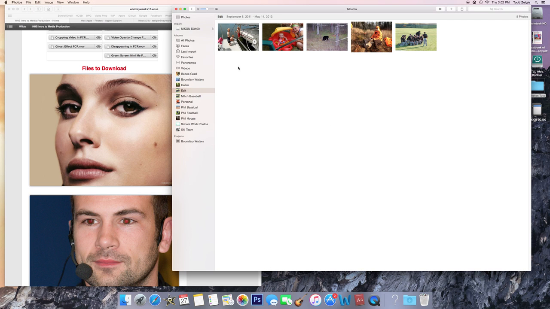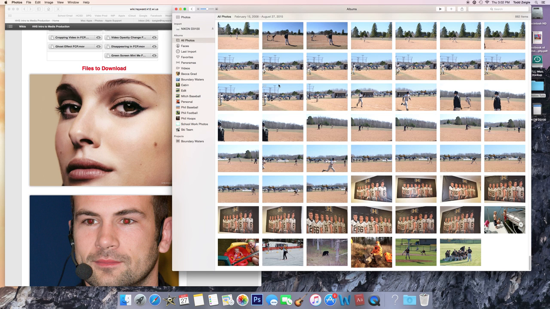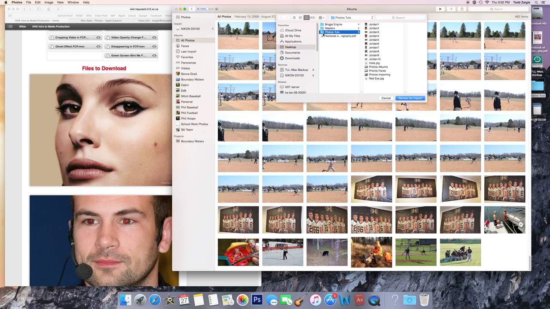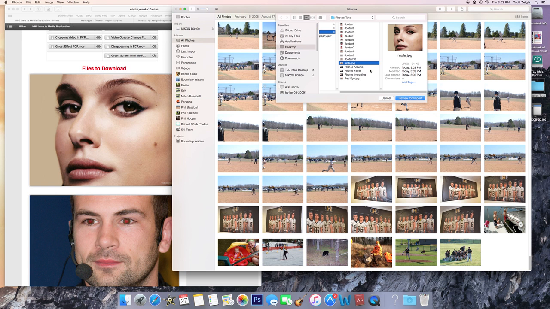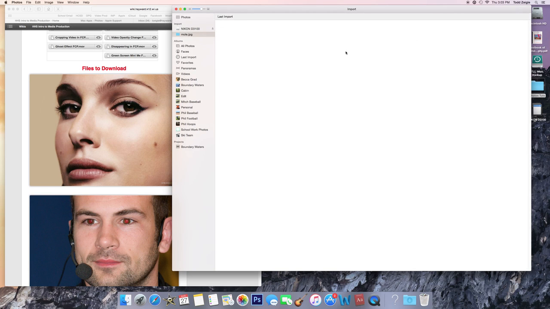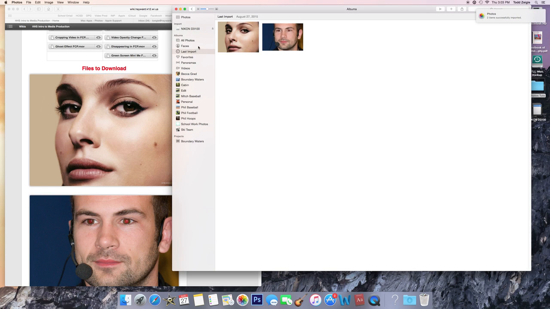Now I want to go back and import those photos into my library here so I can use them. So I'm going to go File, Import. I'm going to my desktop. Here's my folder here, and I need the mole one. I'm going to hold the command key and click red eye for those 2 photos, and I'm going to import them. Okay, click on both of them here and import,